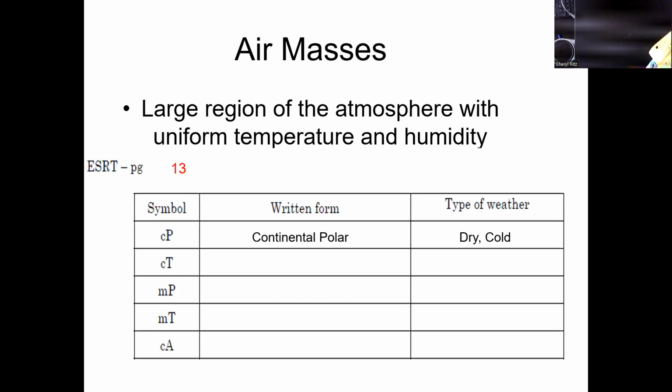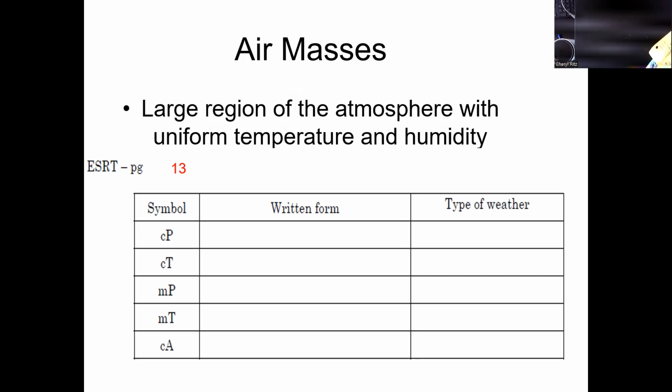An air mass is a large region of the atmosphere with uniform temperature and humidity. So we're right at the top here of page 38, and the definition goes on those top lines. When I'm using the word uniform here, just like when you're wearing a uniform, you all look the same. The Regents will use the term uniform instead of saying the same. So basically, it's a large region of the atmosphere that has pretty much the same temperature and humidity.